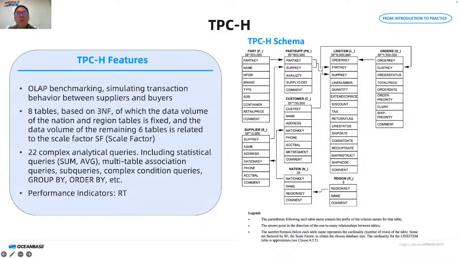Next, we will introduce our commonly used OLAP test model, TPCH. TPCH is a test data set developed by the TPC organization to simulate a decision support application. It simulates transactions between suppliers and customers. TPCH implements a data warehouse based on the database third normal form and mainly simulates 8 basic relations. TPCH includes 22 complex queries,